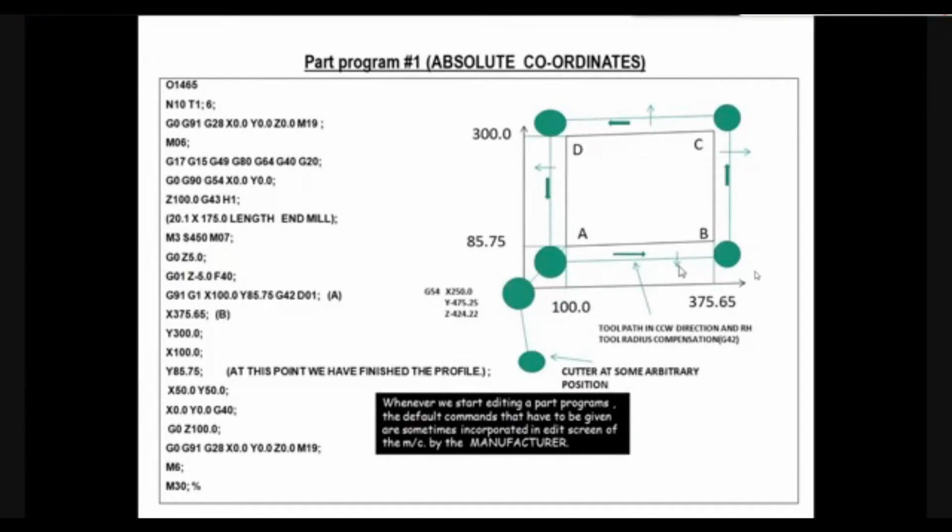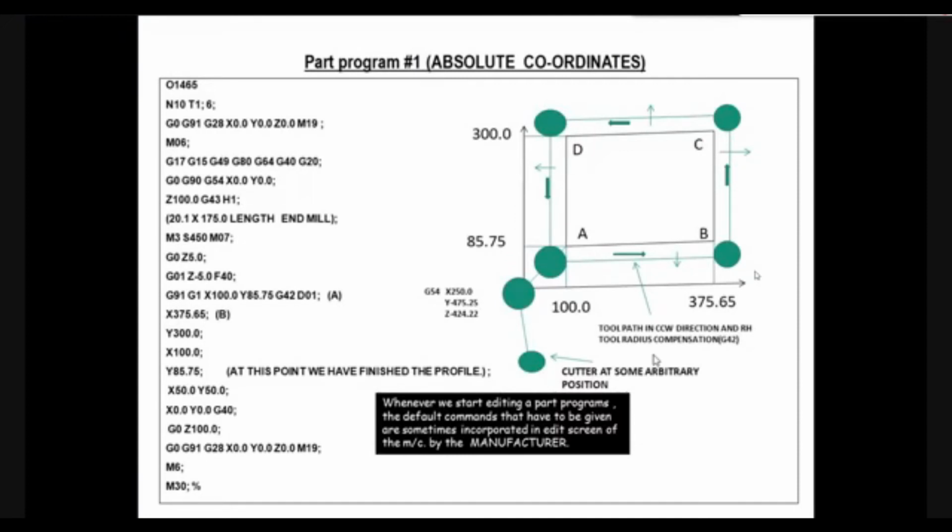So let us get back to the program now, and the program number has been given as O1466. If you have any drawing number, you can type the drawing number within brackets after 1466 and insert a semicolon at the end of it, so that 1466 represents the geometry of the part program for that particular drawing number.